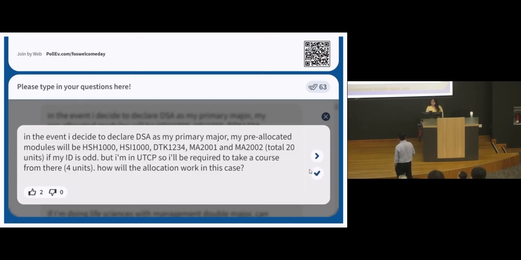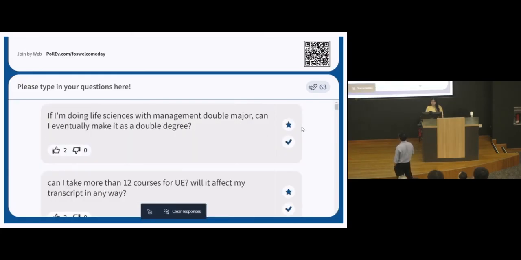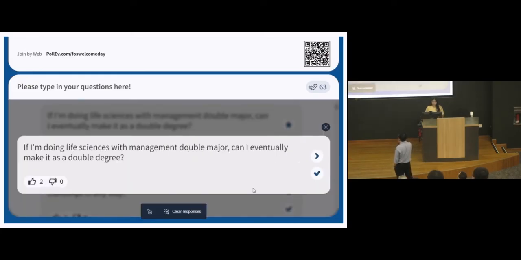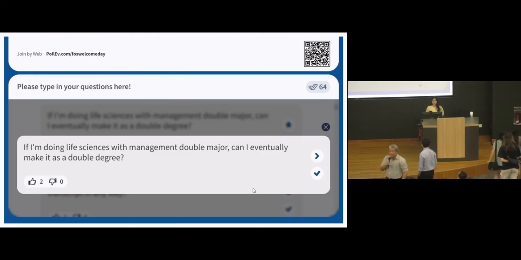Okay, maybe final one, then we wrap it up. If I'm doing life sciences with a management double major, can I eventually make it a double degree? So with the life science major and a management second major, the second major is the special one that does not get you to upgrade into a BBA.